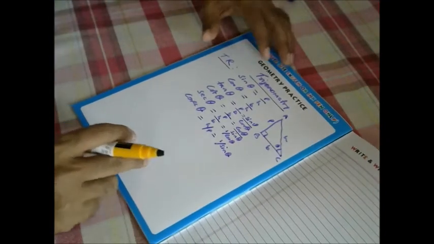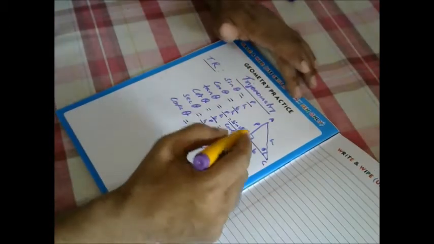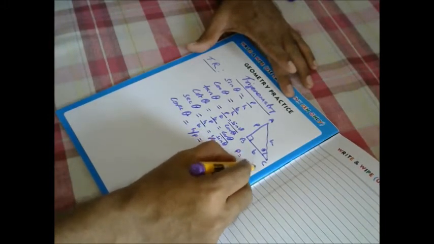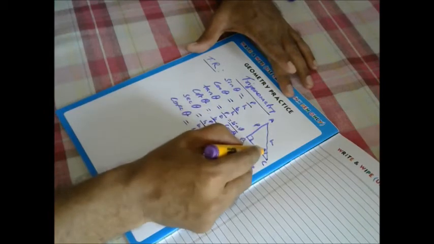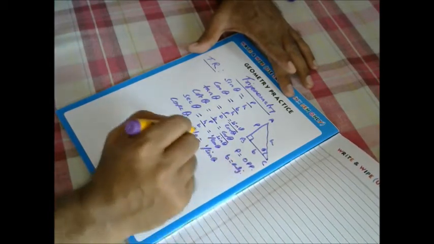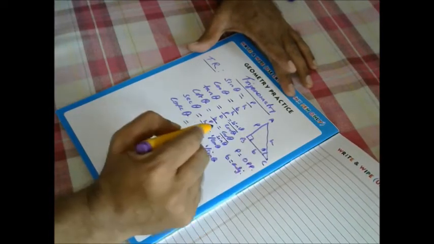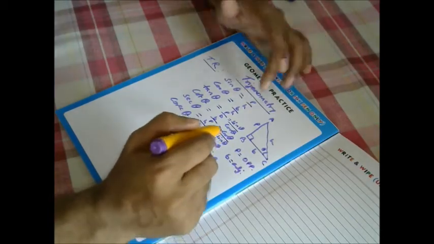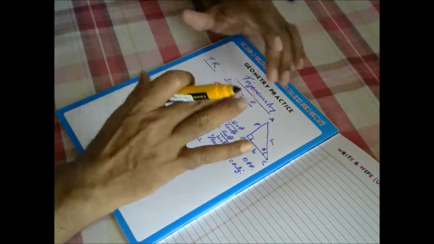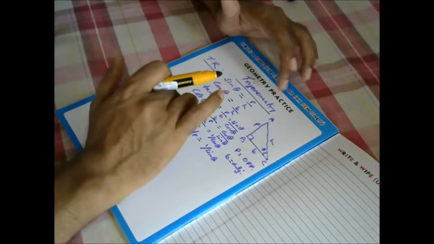This particular part we must remember: sine theta is equal to perpendicular by hypotenuse. Some people call this perpendicular the opposite also, meaning it is opposite to the angle theta. Similarly, the base they call adjacent, because this angle theta is adjacent to this BC. So opposite by adjacent also you will be able to write. These trigonometric ratios we need to remember first.